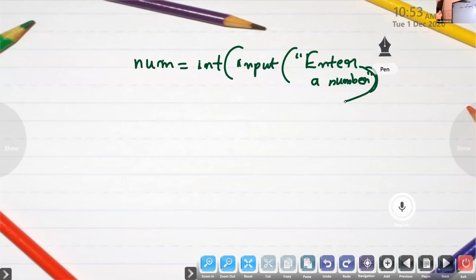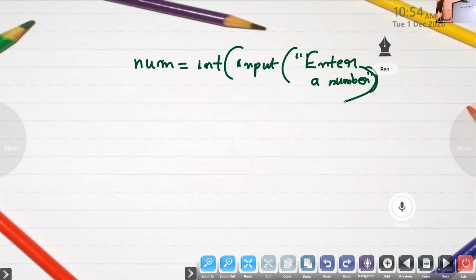So how will we check whether the number is a palindrome or not? We need the original number. But the original number itself is the looping variable. So the only solution is to create another copy of your original number. That's what we have to do in the next statement.